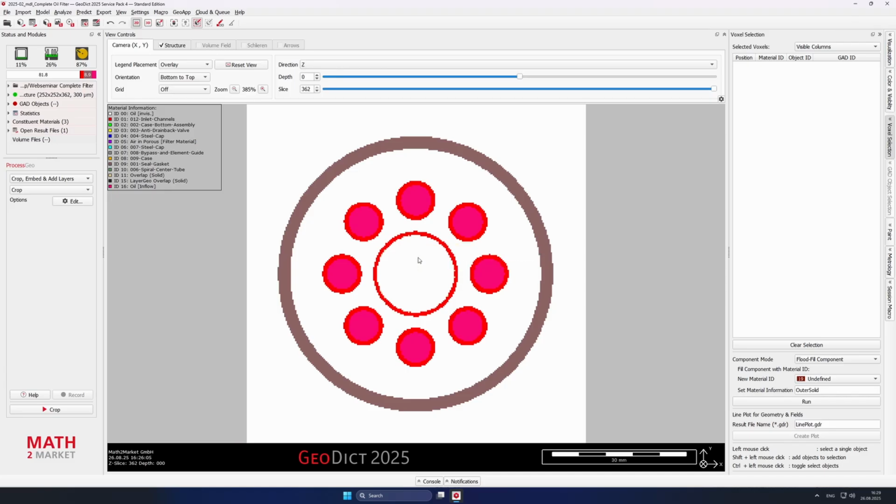So we click on select boxes again, click in here, use then the flood fill component plane, use ID number 17 and call it outflow, click on run, and then we assign the outflow. Then we go for this and that one. We want to flood fill the component. I will just choose material ID number 19 because